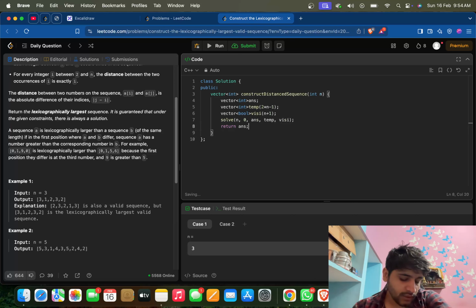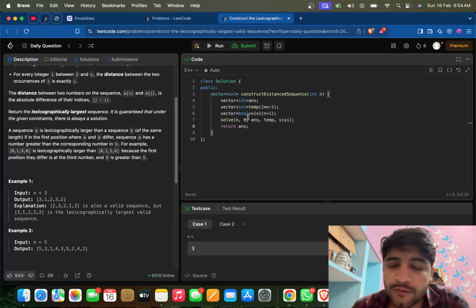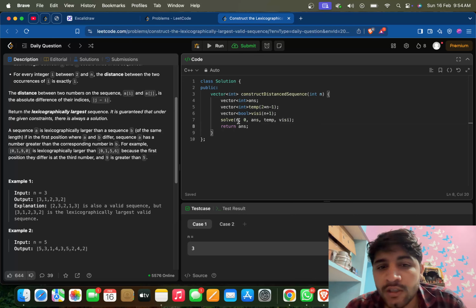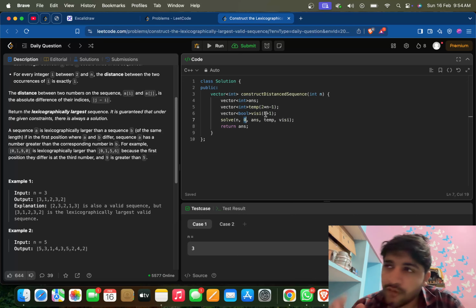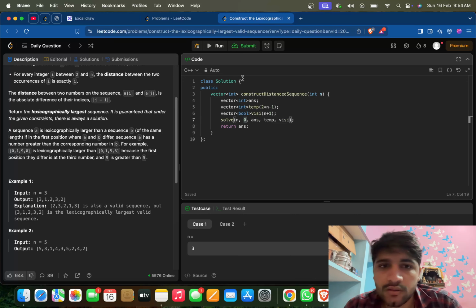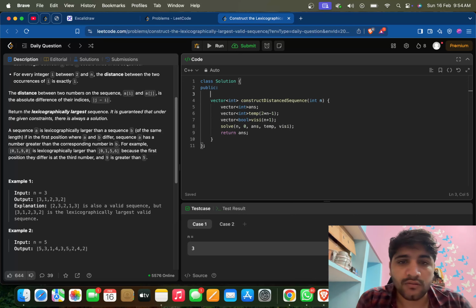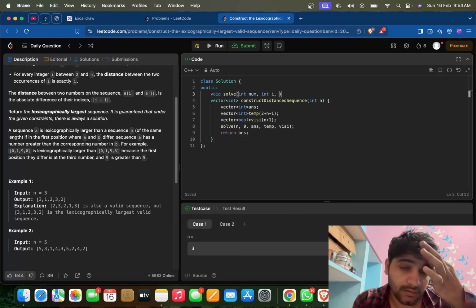So basically what this recursive call suggests is that this will be a recursion, obviously backtracking we are doing. We are trying to put this number at this index. If not possible, we will go for the next index. If the number is put successfully, then we will go for n minus 1 and 0 plus 1, right? Just like this. Okay, so we will now do void solve, int number, int index, and